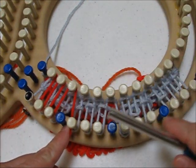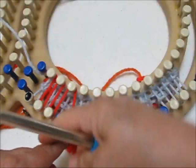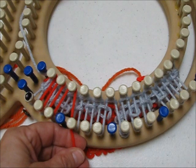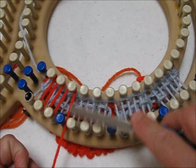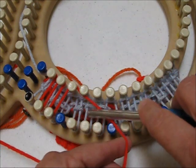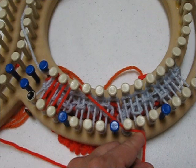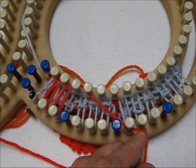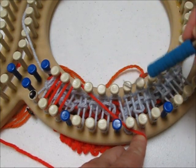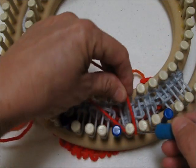Now the next 3 are supposed to be worked with color B, which is light blue. But it's okay for us to just skip those 3 and get the next pegs that are going to be with color A. So we're going to skip 1, 2, 3. So I would bring color A, leaving a long strand in the middle, to the first peg of the next 3 that I'm supposed to knit, again with color A. Remember, it said knit 3 with A, knit 3 with color B, knit 3 with color A, knit 3 with color B. So color A, knit 3, 1,